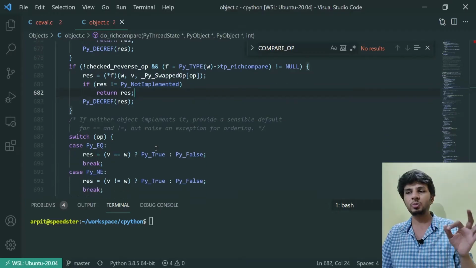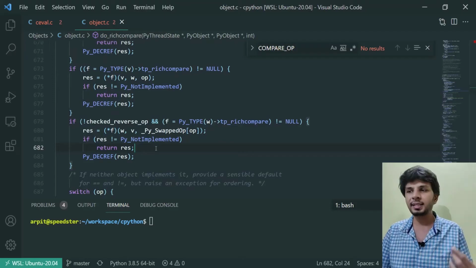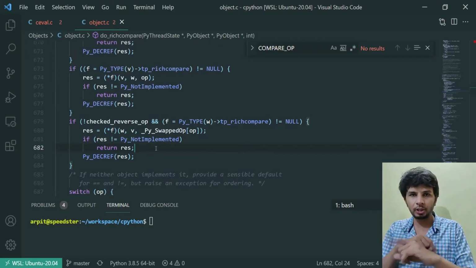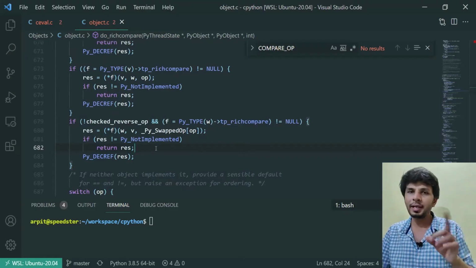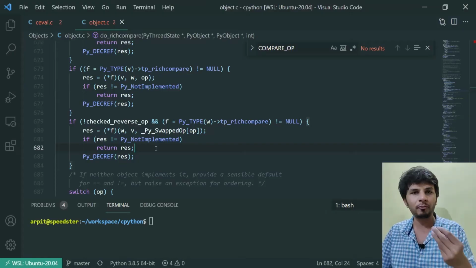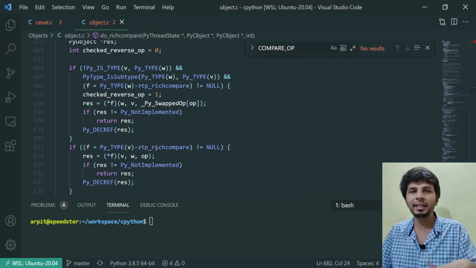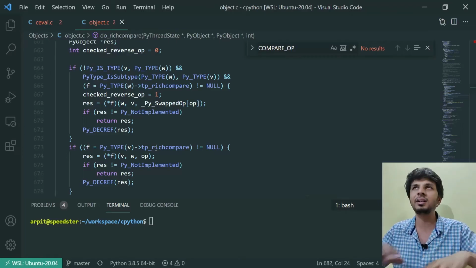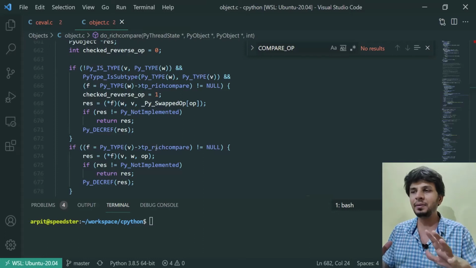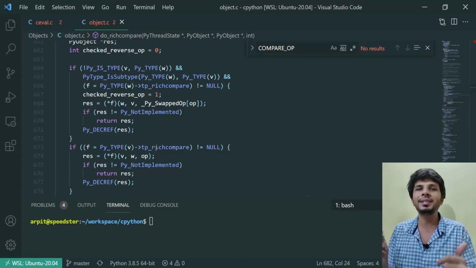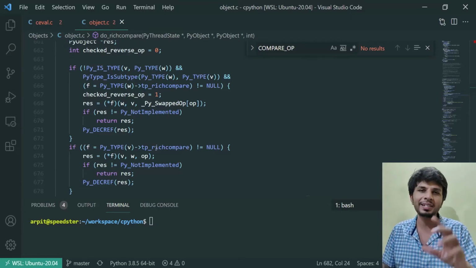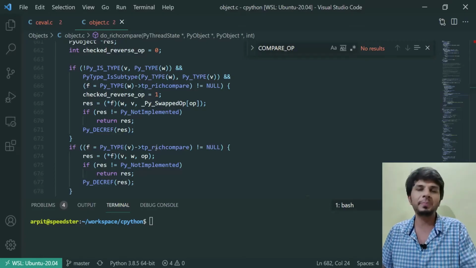In the next one it did w v, so the right, the left and swapped, right? So there seems to be something happening behind the scenes for which it is swapping the positions of left and right. One hint, it happens due to the type for which it is invoking it, but it will be fun to explore why this happens. I would highly encourage you guys to do it as a really fun exercise. It will be fun to explore why it does it, and obviously there is a very neat optimization that happens behind the scenes, right?